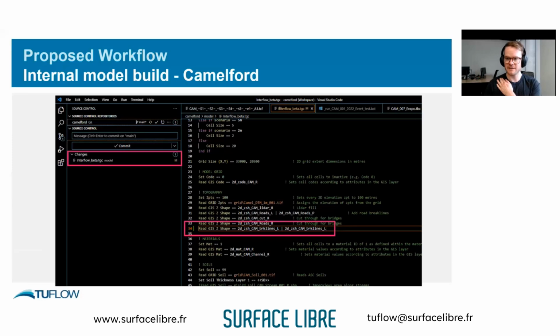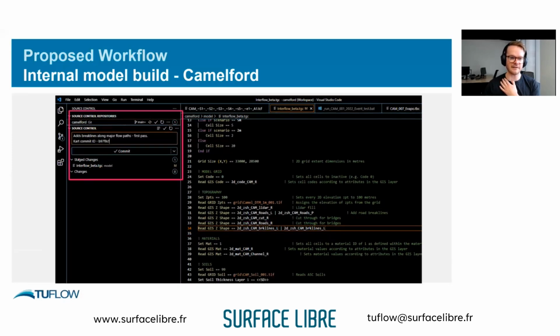Once you save it, VS Code will recognize that there's been an edit to this file, so it'll show up as orange, and it'll show up here on the left-hand side in my source control panel as changed. It'll say, hey, this TGC has changed. So then it's a matter of adding it. Remember, there's a staging area. It's in the staged changes, so it will be committed. I add my commit message, and then I just hit this big commit button here, and it will be committed.